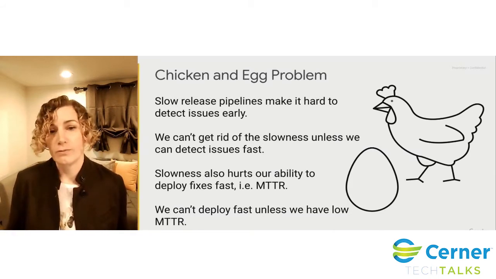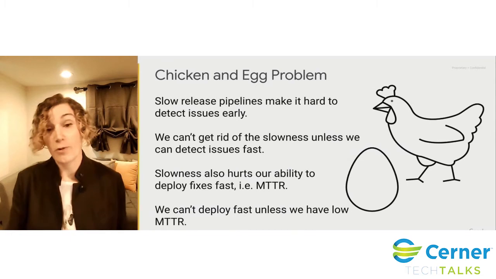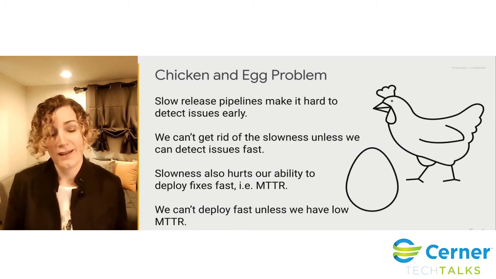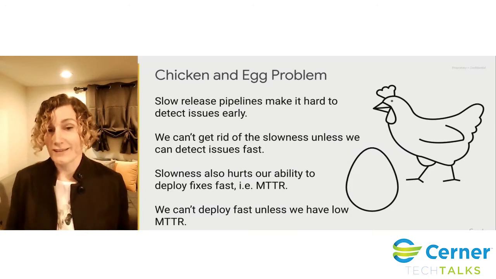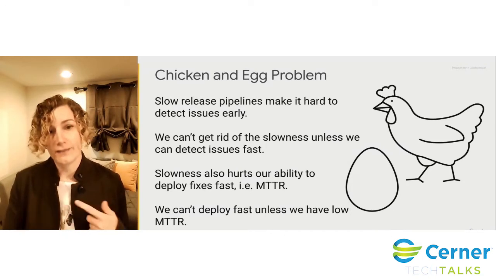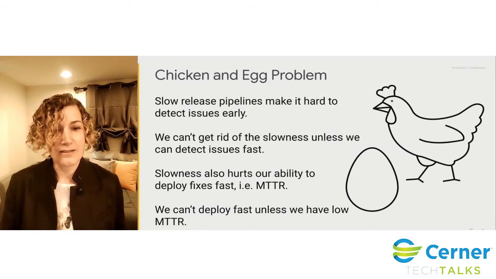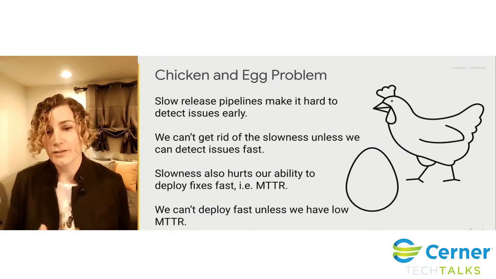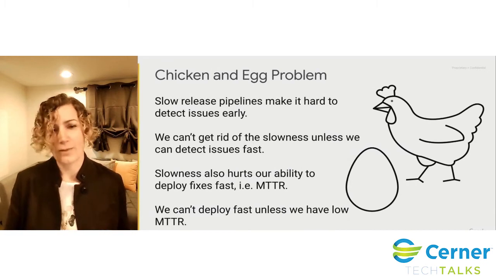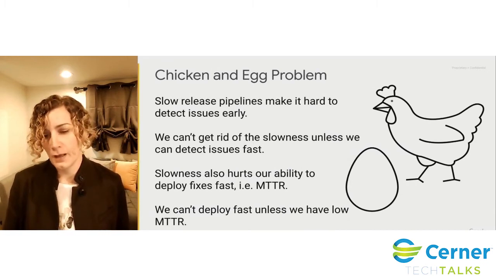And then what happens? Well, when you finally do release, you're pushing more changes because you've accumulated more as part of the slower release process. And then you're more likely that something breaks. And so then you come back and you slow down your release process and you add more QA and you add more testing. And you get in this terrible feedback loop that suddenly you're moving very slowly and you can't understand why anymore. And you don't seem to be stopping things from failing in production.